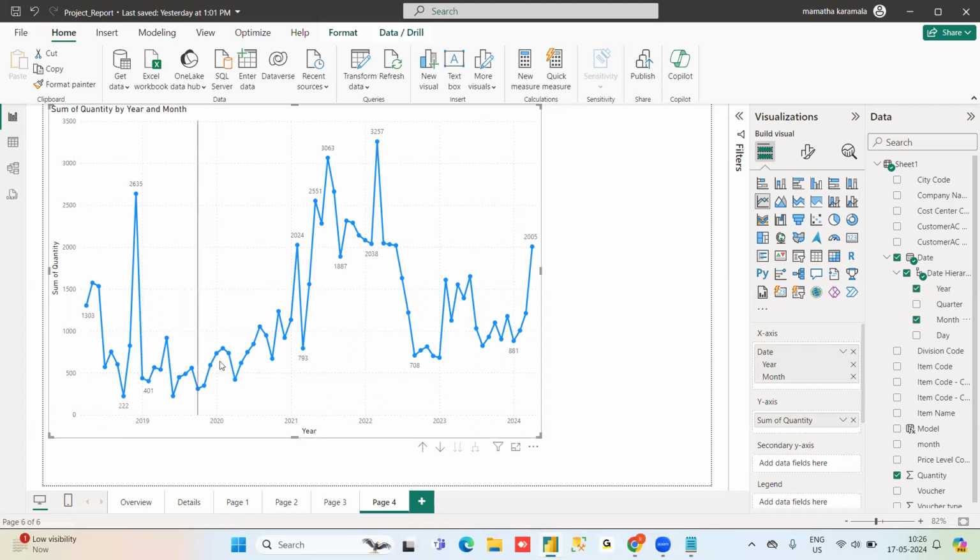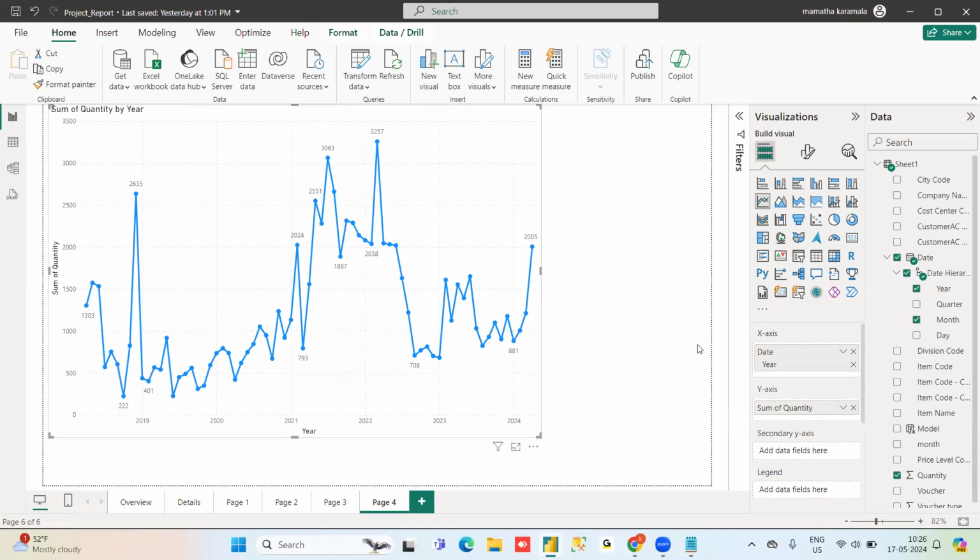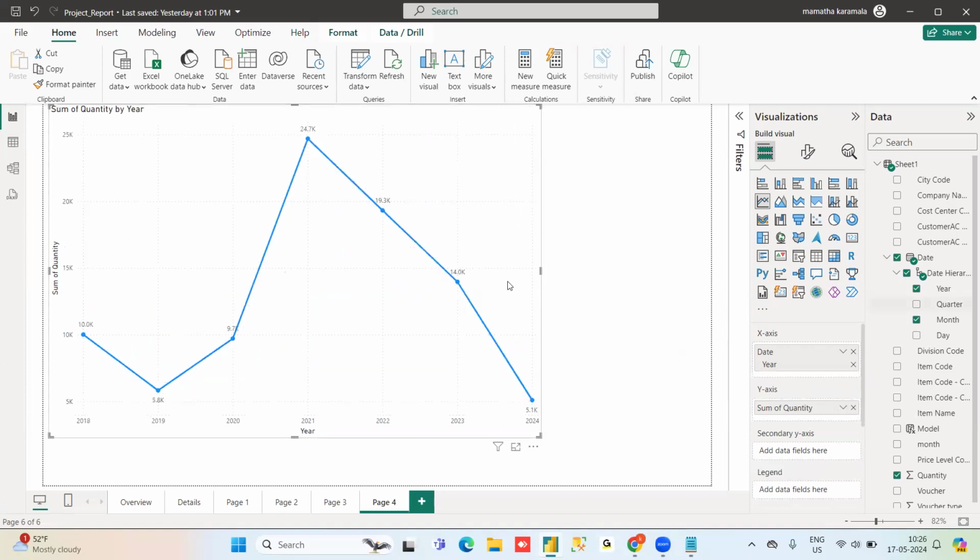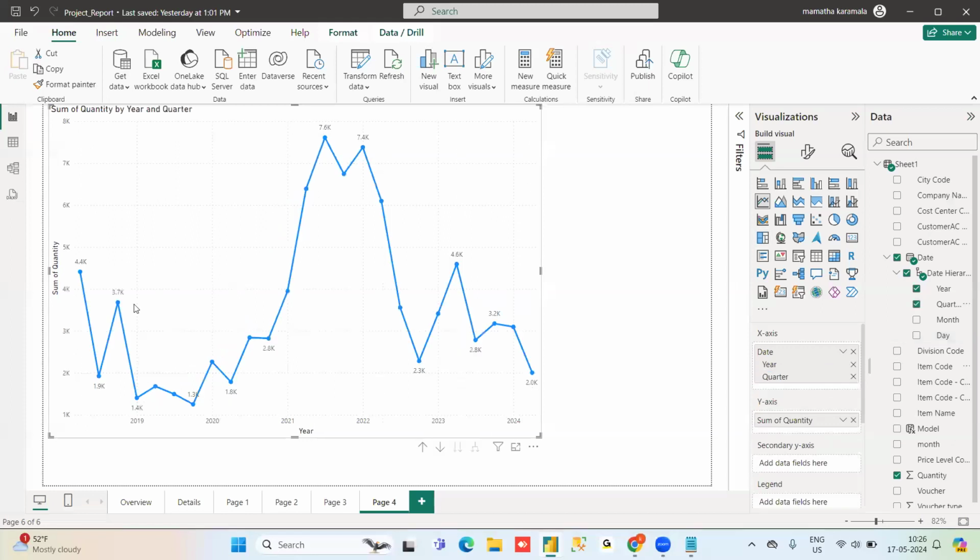Because 12 months will be there. But if you are taking quarter wise, this is when I will take this month wise. If year along with months, if you wanted to plot your chart, you do that. This is purely based on our requirement, I can say. How we need to show our diagram or visualization, that is based on our requirement.